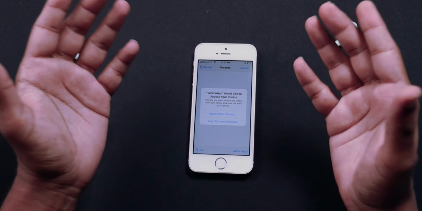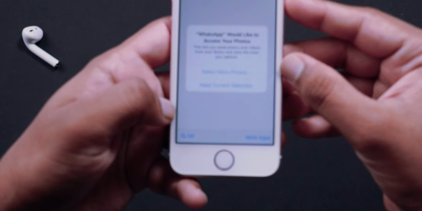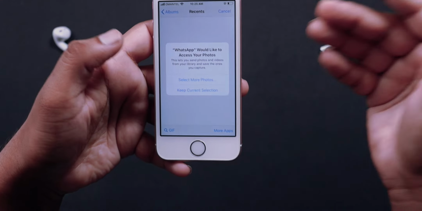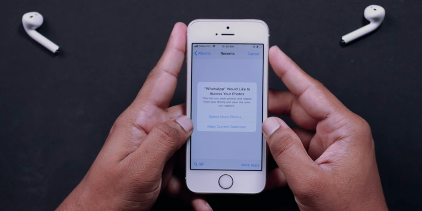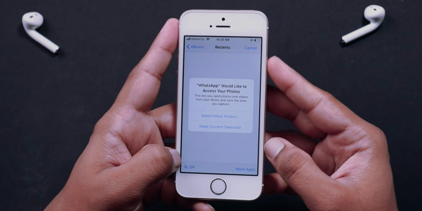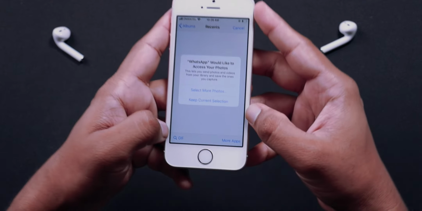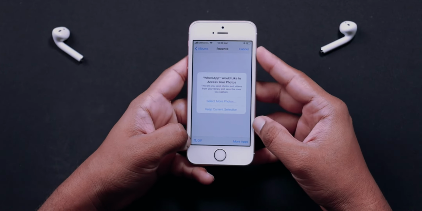Hello friends, iOS 14 is loaded with so many privacy features. One of them is this Photos Access feature. This feature is a little tricky and I thought I should explain to you guys how you can use it. This is the feature which you would be using a lot when iOS 14 launches in September, or if you have already installed the iOS 14 public beta on your iPhone. So let's see how you can utilize this feature.